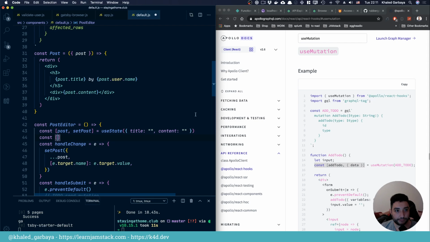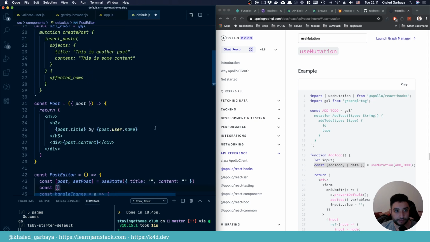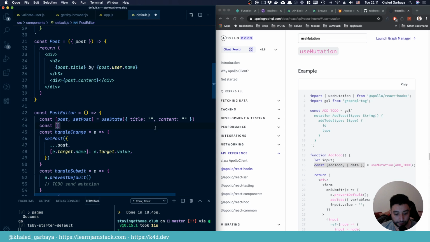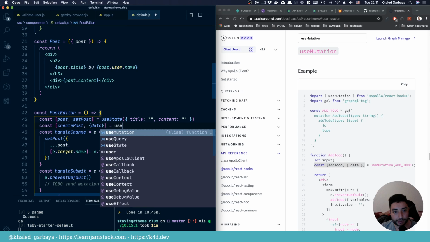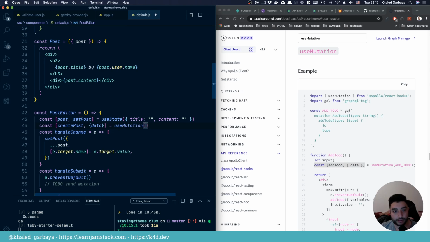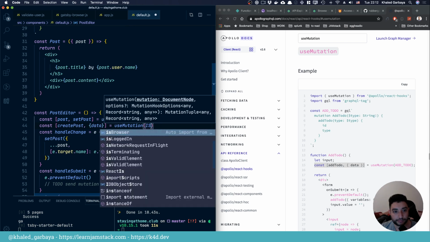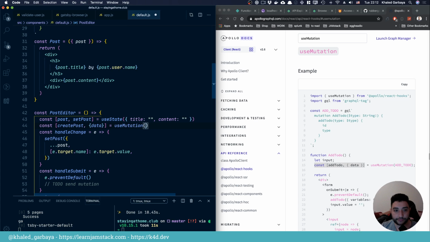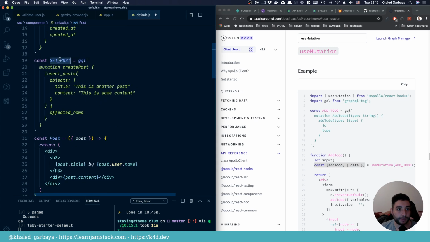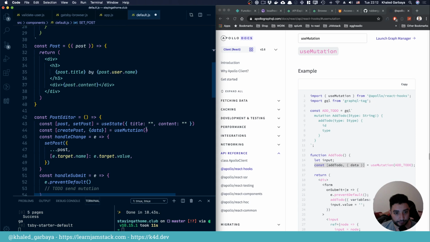So we will need the create post, and then the data that's coming from that. And this would be use mutation, and then we will have the, where is it? Was it insert? What's the name of our query now? Set post. So we set this. Now we have this function that we can actually call